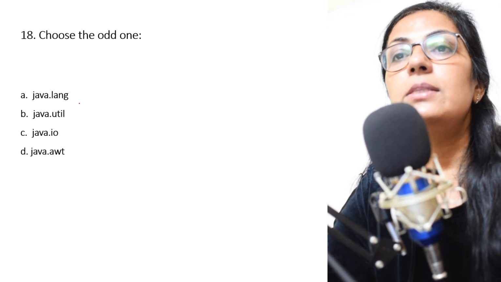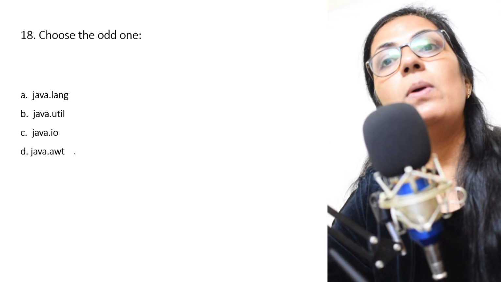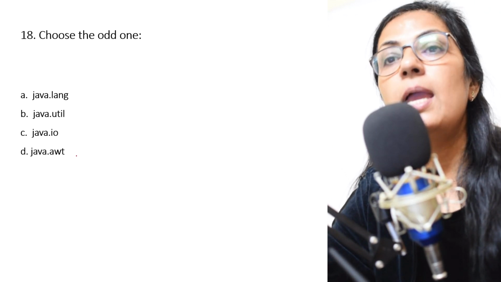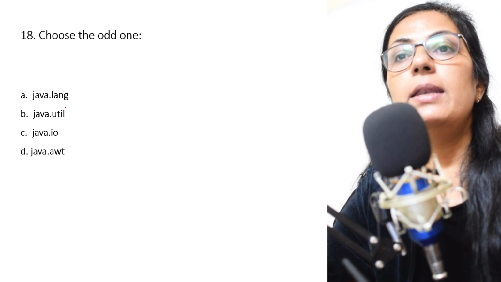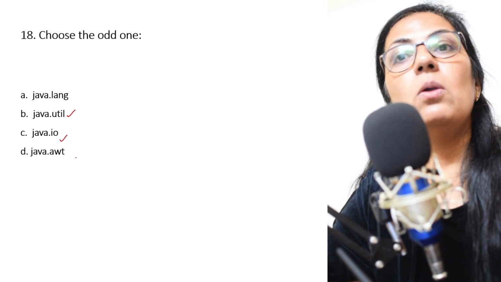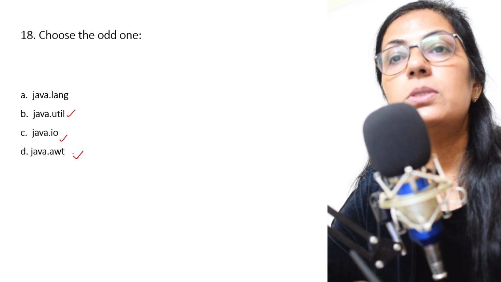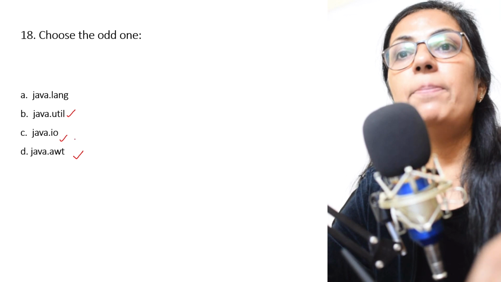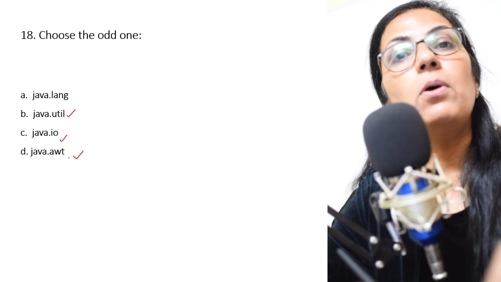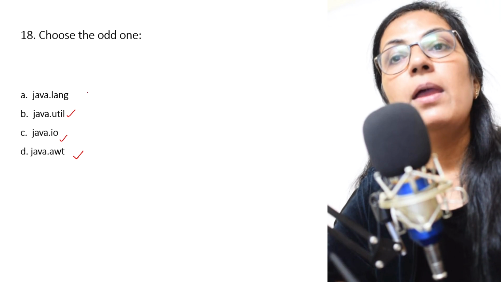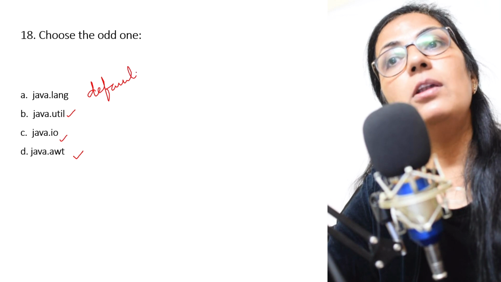Next is java.lang, java.util, java.io, and java.awt. All these are the package names, right? Now util, io, and awt: if you want to use the functions which are present in the classes of these packages, we have to give the import statement in the program, whereas java.lang is the default package.